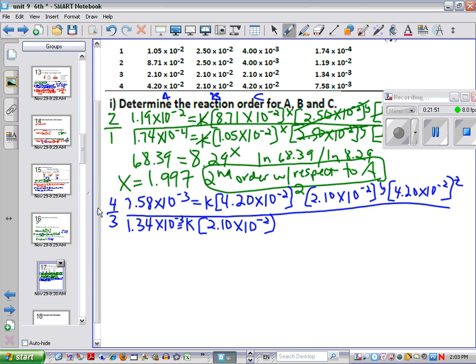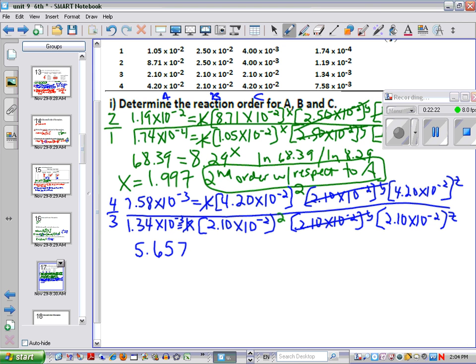That's going to be squared again, because we just solved for that, times 2.10 times 10 to the negative second y times 2.10 times 10 to the negative second z. So the only thing that truly cancels, we got our k canceling, but the only other thing that truly cancels is this y, right? So I'm going to have to treat all of these as numbers. When I do the division of the 7.58 times 10 to the negative third divided by this, I get